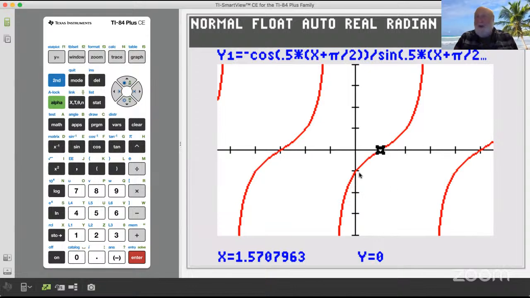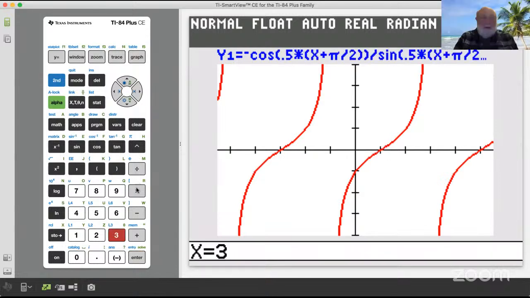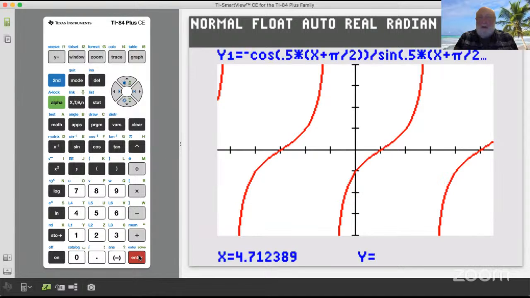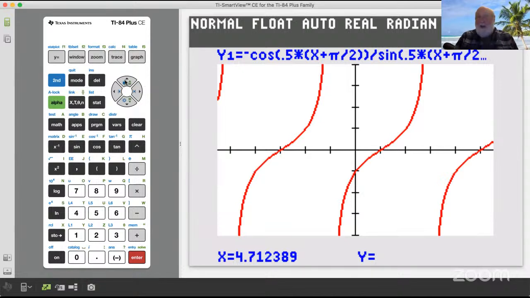Now, if we went over to one of the asymptotes, I think from what you said, Steve, 3 pi over 2. Yes, 3 pi over 2. Now, let me put in 3 pi over 2. Okay, so the blue function, that's the cosine over sine version of cotangent, that's undefined. Well, that makes sense because there's a vertical asymptote there. And our other function,